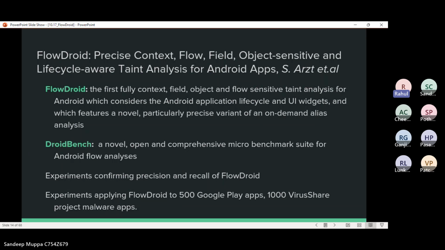So next, DroidBench. It is an open test suite for evaluating the effectiveness of taint analysis tools. Specifically for Android apps, the suite can be used to assess both static and dynamic taint analysis, but in particular, it contains test cases for interesting static analysis problems like field sensitivity, object sensitivity, trade-offs in access path length, etc. as well as for Android specific challenges like correctly modeling an application's lifecycle, handling asynchronous callbacks, and interacting with the UI.